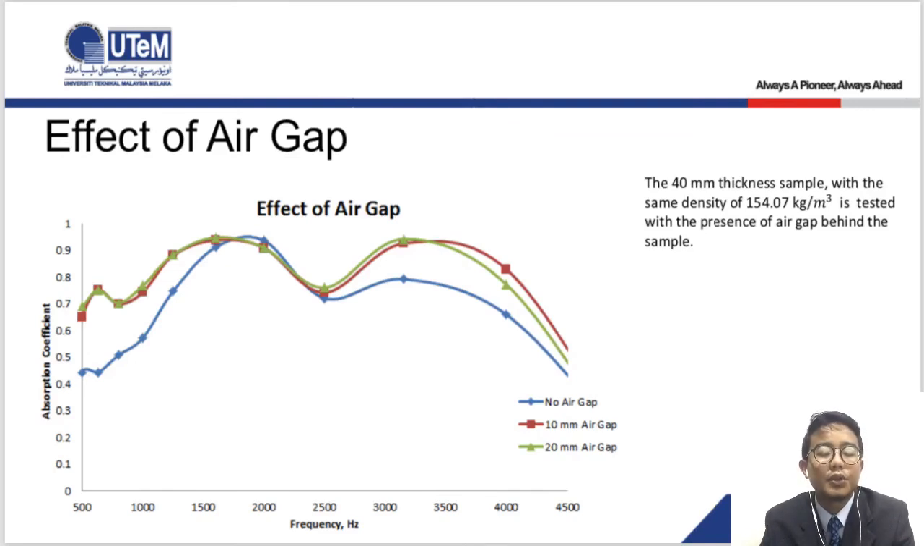As shown in the graph, the sound absorption coefficient of COGON glass fiber sample with different lengths of air gap, 10 mm and 20 mm air gap. The setup of the sample with air gap behind enhances the sound absorption coefficient at lower frequency. The sample with 10 mm air gap achieves 0.6, while 20 mm air gap achieves 0.7 absorption coefficient at the